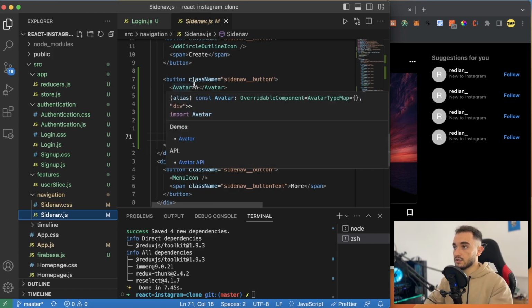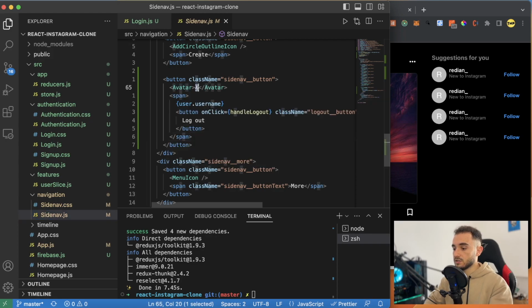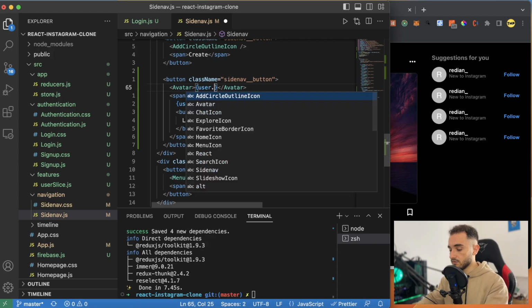So to get it, we can first check if it's a user, then if it is a user.username,